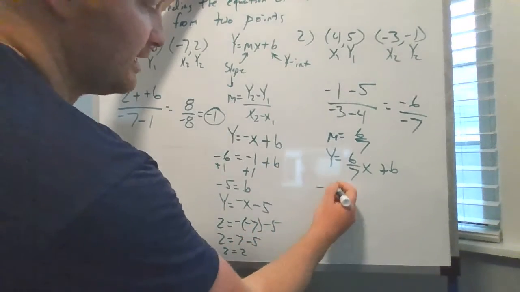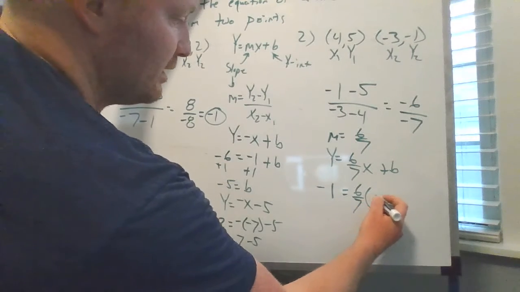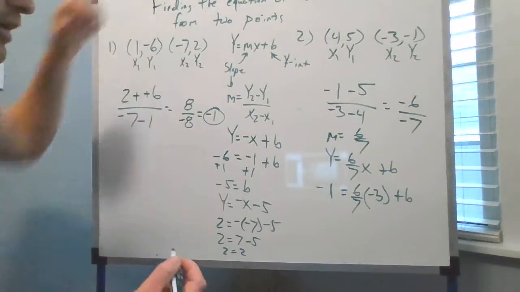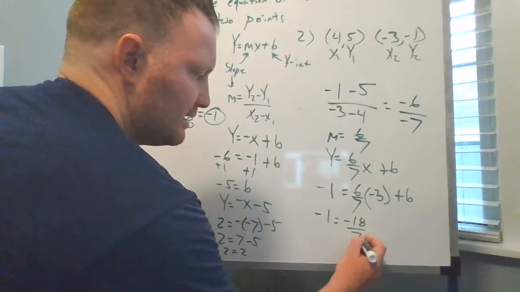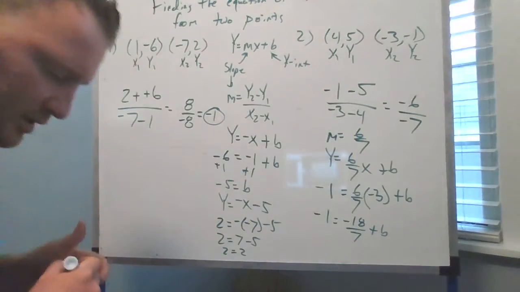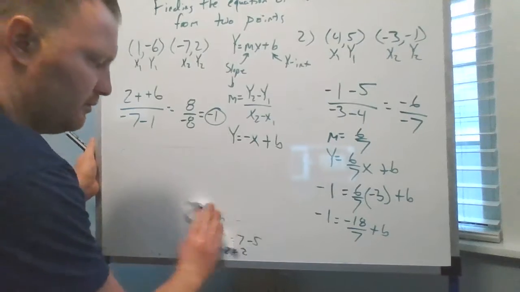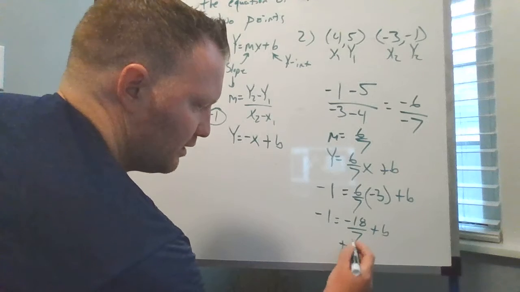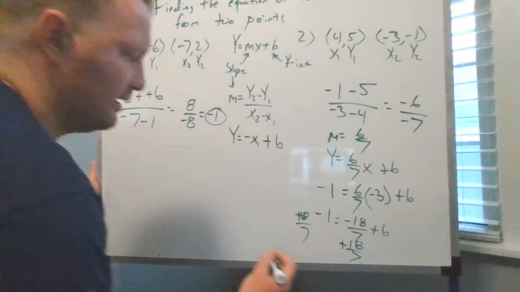Replace the y with the negative 1 equals 6 sevenths times negative 3 plus b. We can all see this good. We can run out of room. So negative 1 equals negative 18 sevenths plus b. I'm going to add, and you still see some space over here. So when I add 18 sevenths to both sides, I'm going to get